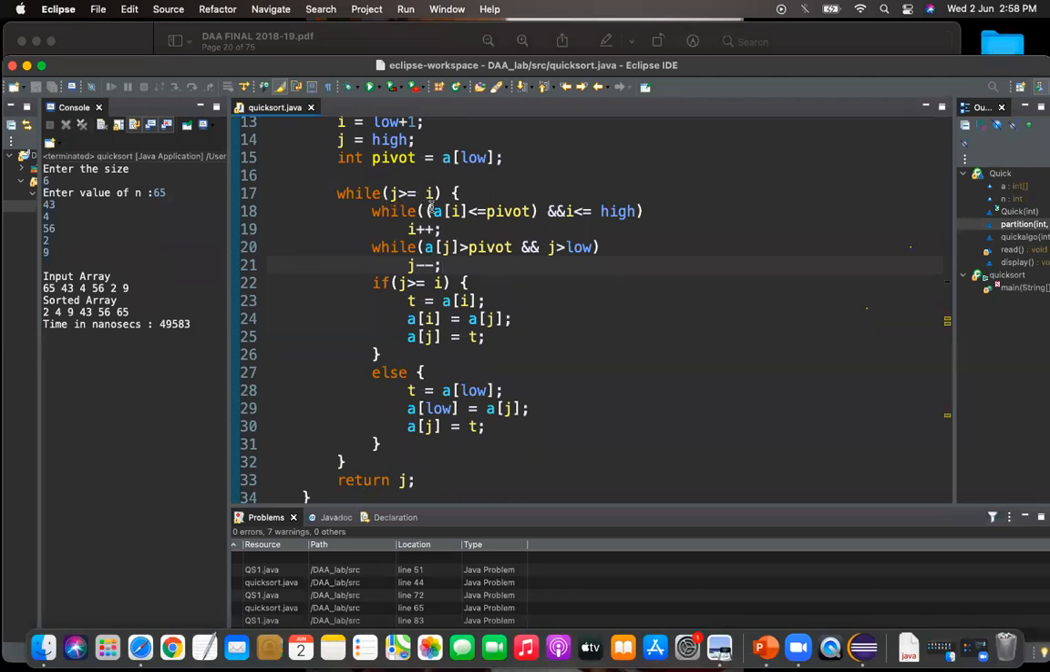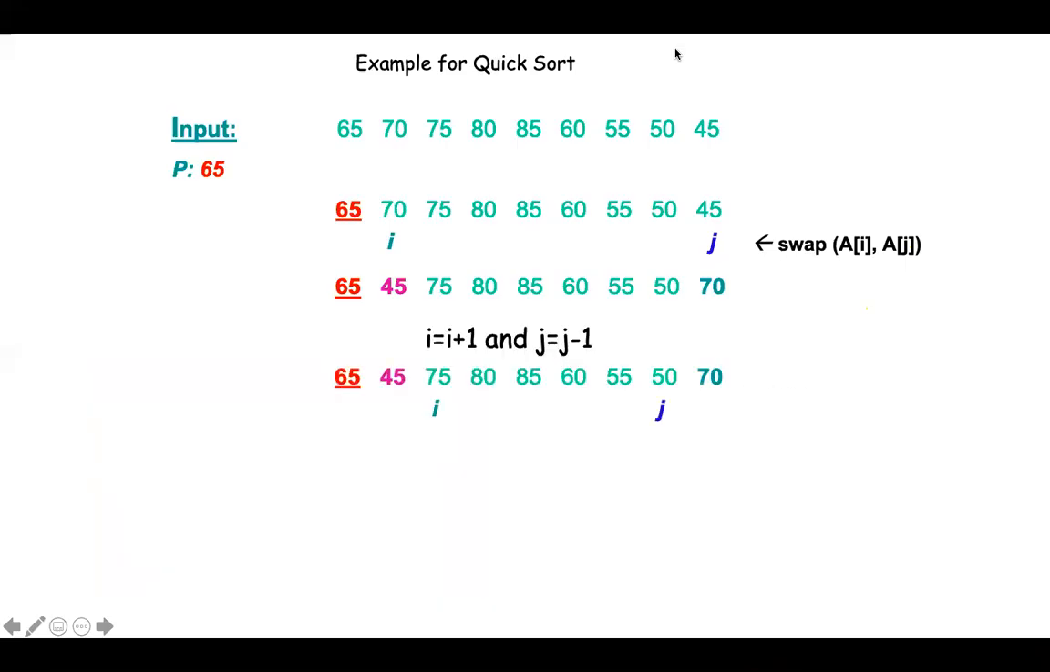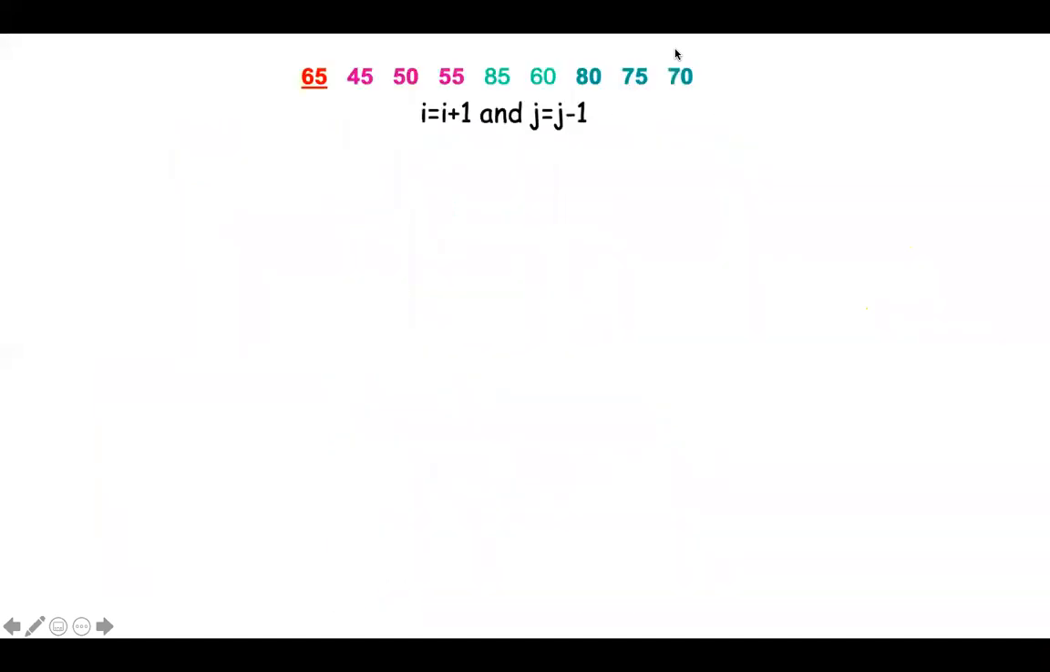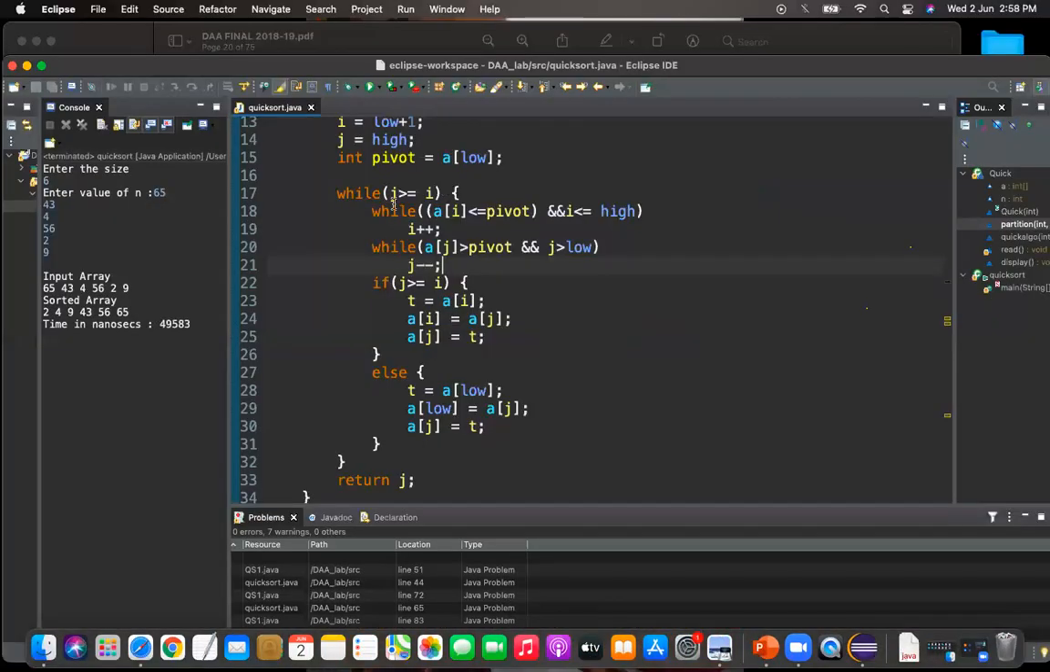See, this condition is still true. Until when will it be true? Till we reach this situation. Until we reach this situation, that while loop will be executed. Once you reach that condition,